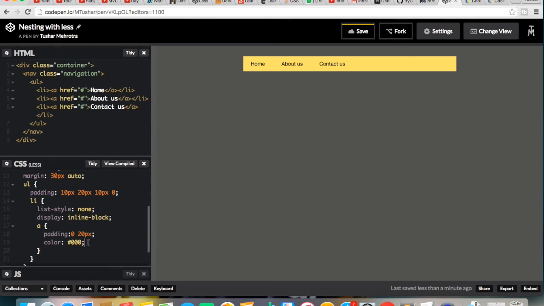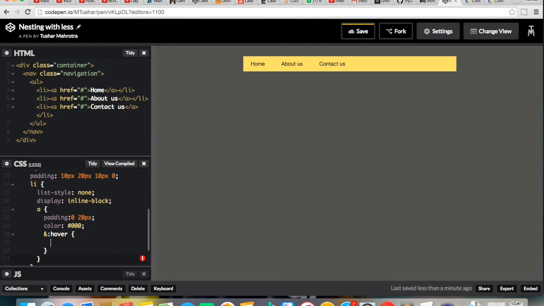Now how will it look on hover? If you want to include any pseudo class for any element, first of all it should be inside the element. Then you have to start it with the ampersand. You have to include the name of the pseudo class along with the colon. What I want is a background around it. The background will be, I've already chosen it.